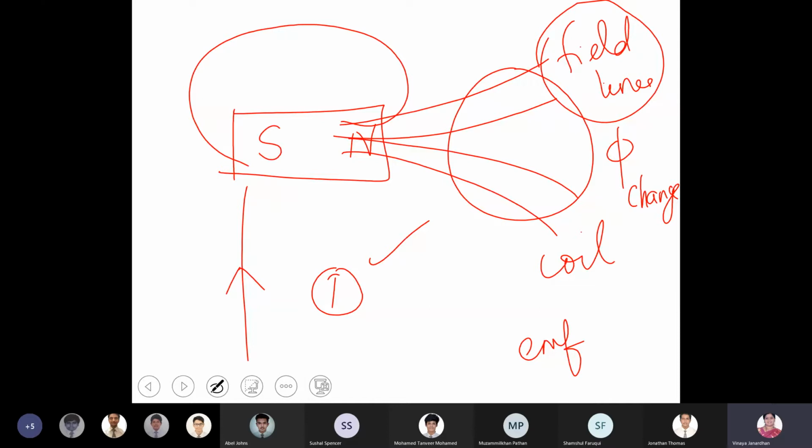And it became the principle of the electric generator. The current we are using every day is because of this phenomenon of electromagnetic induction. When a current carrying conductor can produce a magnetic field, the reverse is also possible, which means a varying magnetic field should produce current, and this phenomenon is called